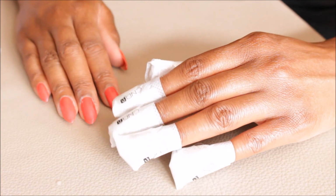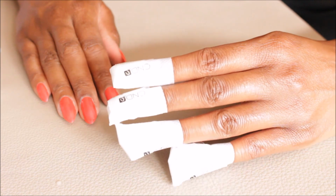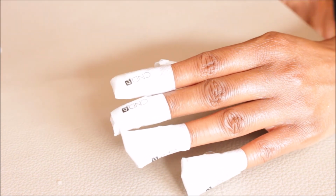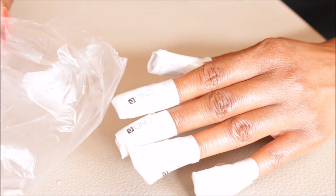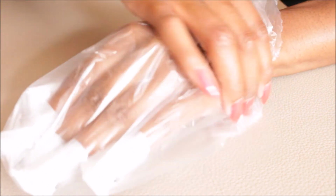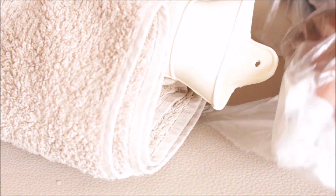Once all of my fingers have been covered with a remover wrap and the Nourishing Remover, I put my hand into a plastic bag. I just use a freezer bag. It's easiest, it keeps the heat in and it keeps the moisture in as well. And then I grab my hot water bottle and towel and then pop my hand into the pocket